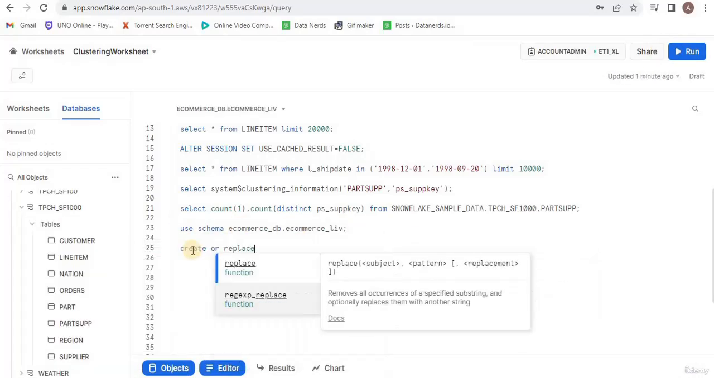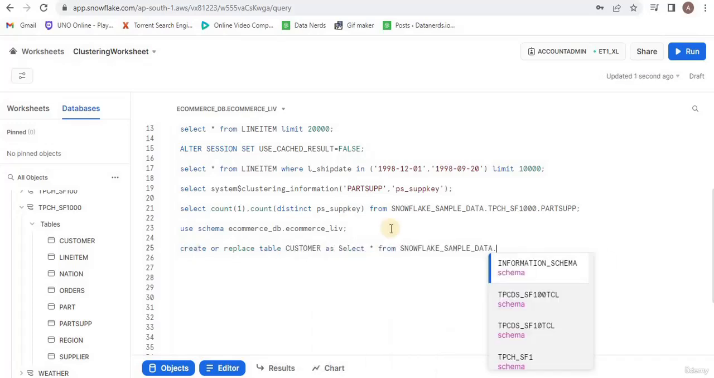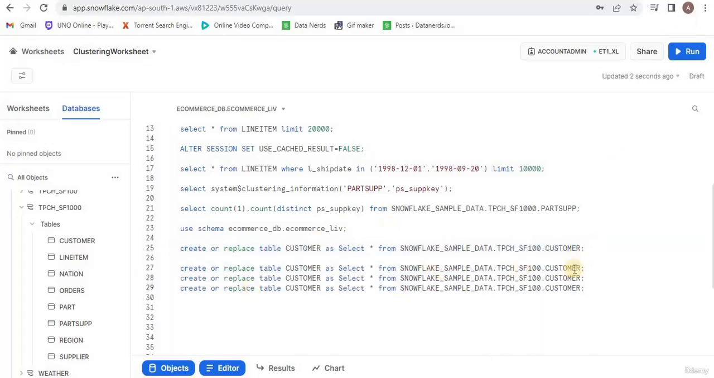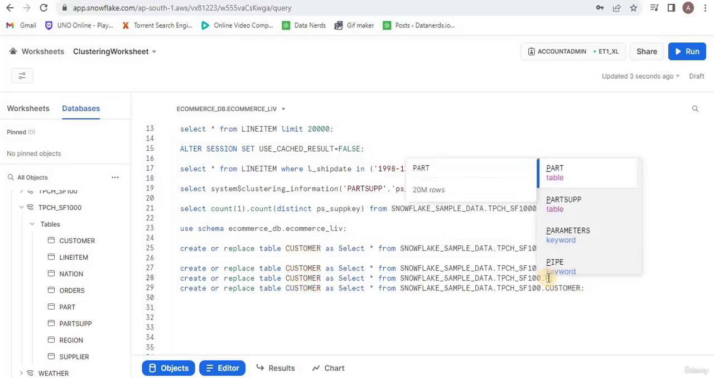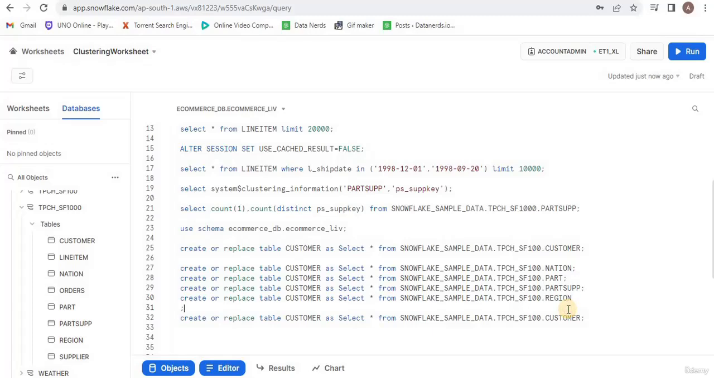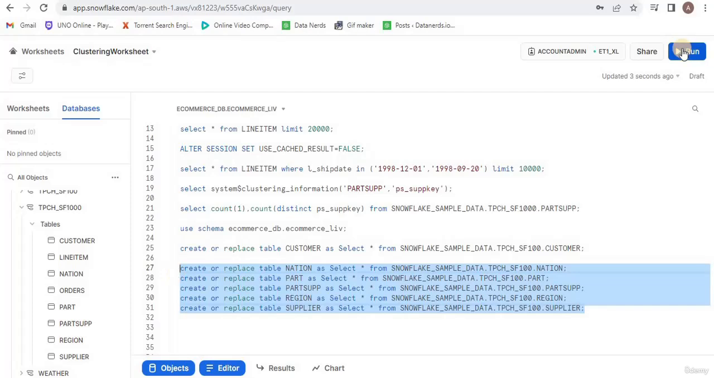Inside the schema e-commerce underscore live, I'll create a new table called customers, and I am going to copy the data in it from the Snowflake sample data table customer. Similarly, I will create 5 new tables inside the schema called nation, part, part sub, region, and supplier, and I am going to copy the data from the respective tables in the sample data database. Upon running,